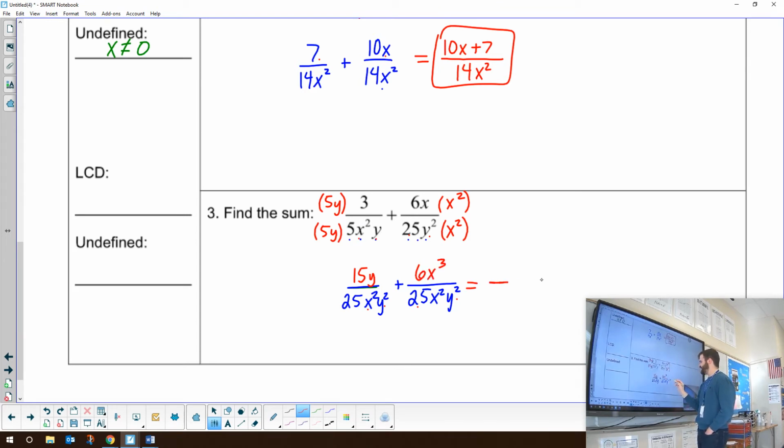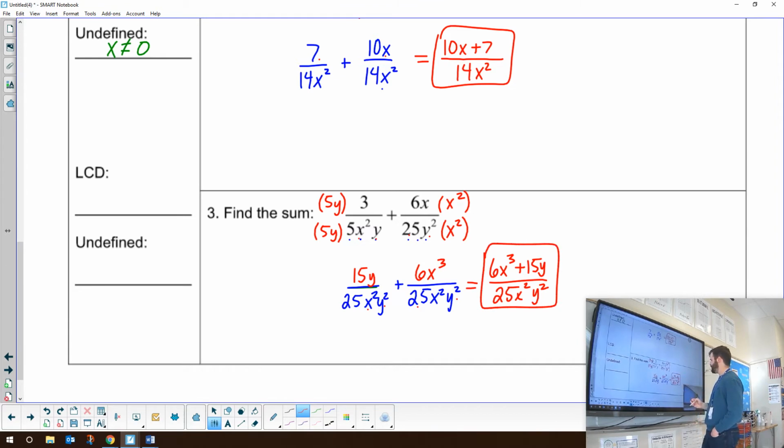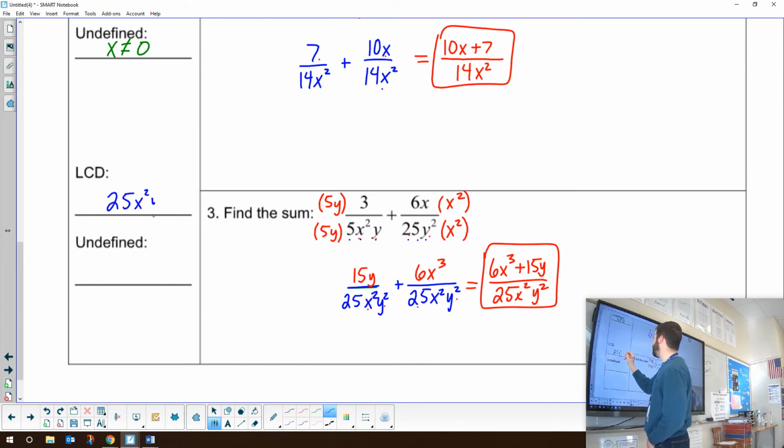Now we add these two together. My GCF is going to stay 25x squared y squared. And then we're just going to rewrite this. These two cannot combine, so I'm just going to rewrite it with my 6x cubed first. So we're going to write it 6x cubed plus 15y, and that is our final answer. Okay? Because it won't simplify. So we already knew that our GCF was 25x squared y squared,